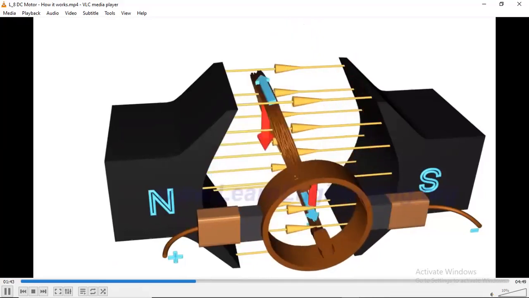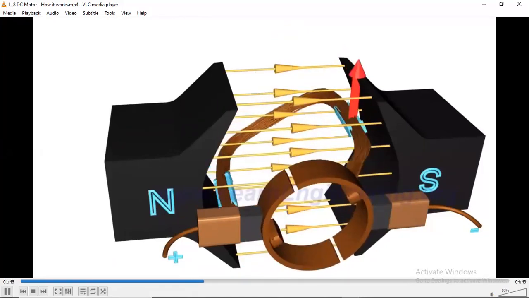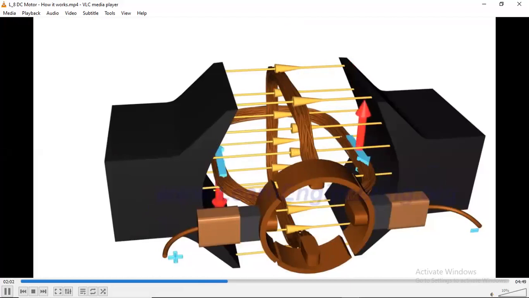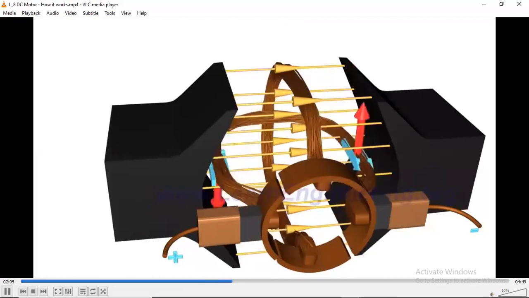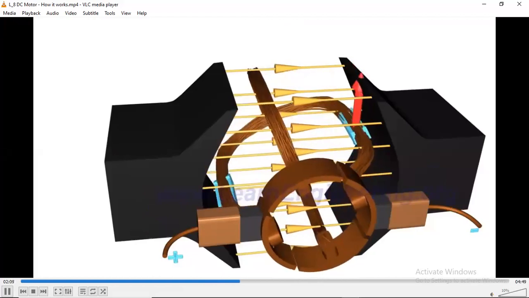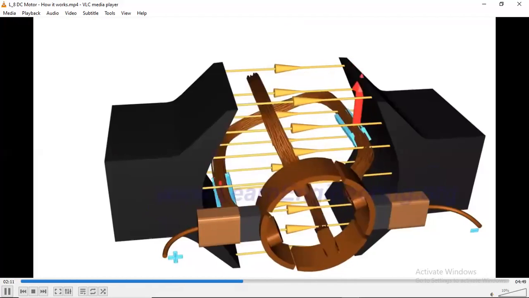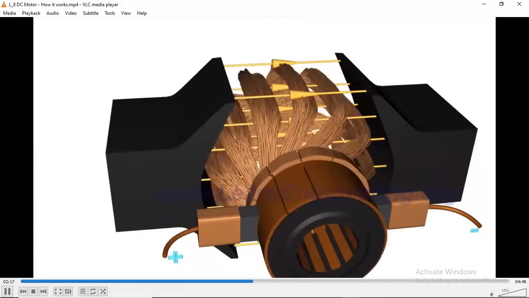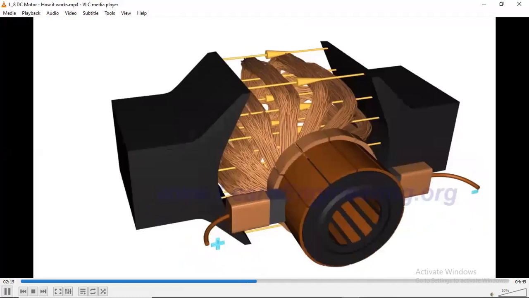Variable torque we can achieve with a DC motor as well, by variable voltages. If our voltages are variable, then the speed and torque can also be variable. The basic criterion to select a DC motor or AC motor is this: a DC motor is selected for the purpose of torque, and an AC motor is selected for the purpose of speed. That is the main purpose I am discussing here.